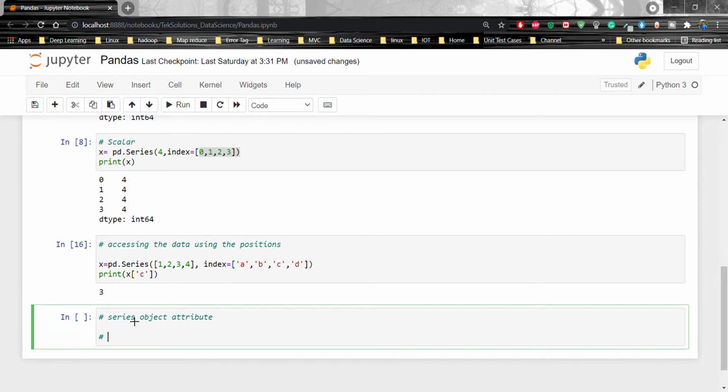Just like that, series.index. What will it do? It will define the index of the series.